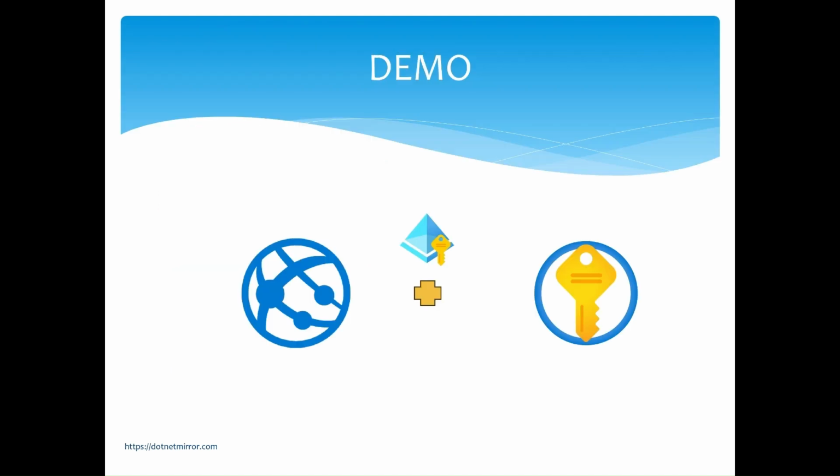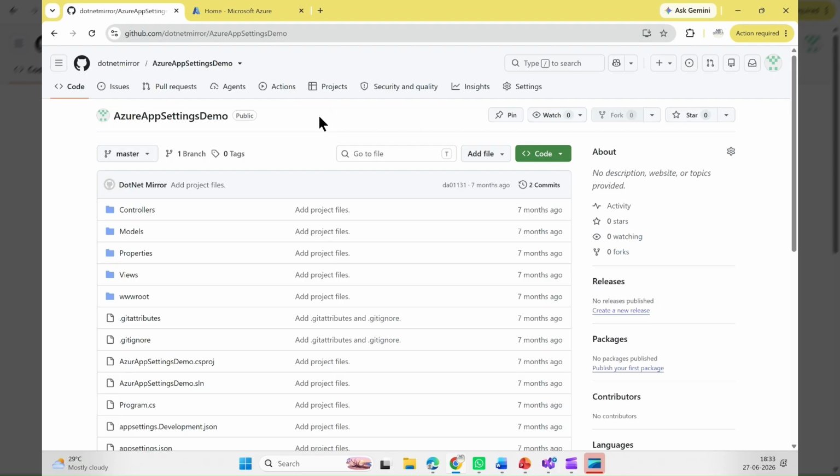the production. So far, the theory is great, but let's see this working live. I am going to switch over to Visual Studio, fire up a fresh .NET 10 web app, and show you exactly how to add the secrets to the portal, assign the managed identity, and retrieve the app settings and database connection string securely. In my previous video, I talked about how to read app settings locally and also when